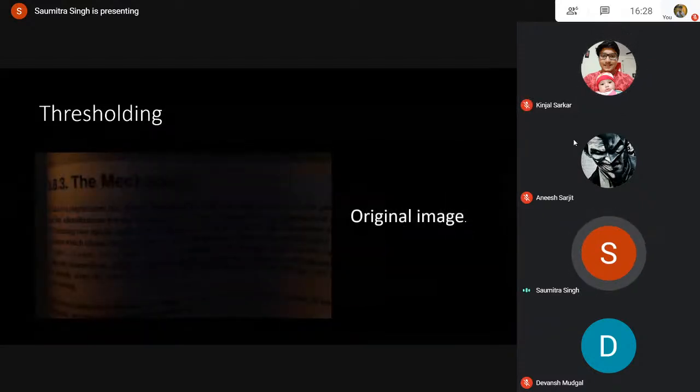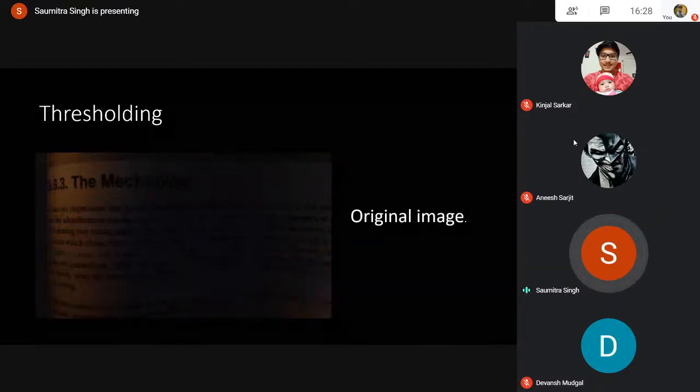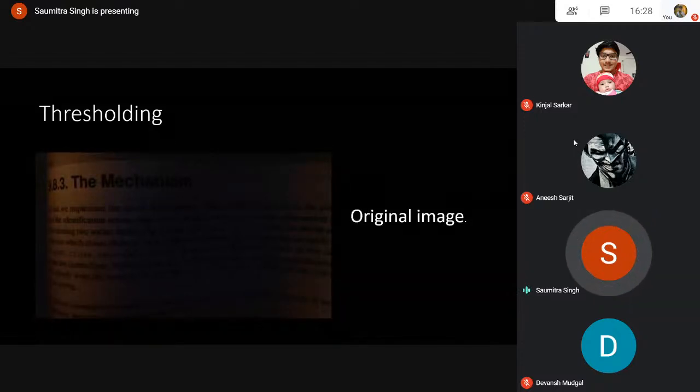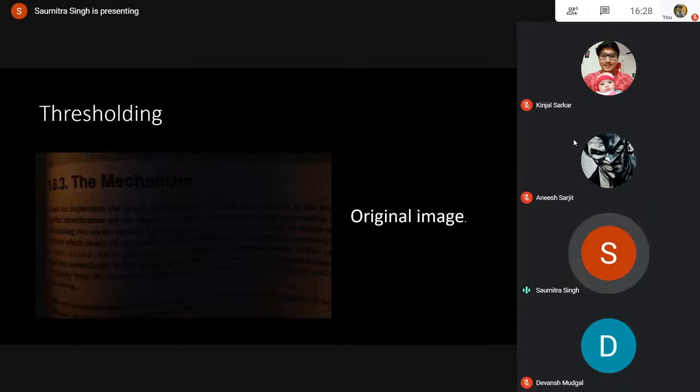Yeah, so I'll explain thresholding again. Thresholding is that every pixel in an image can be expressed in the form of an array. So it can be a 2D array or a 1D array, and this array consists of several numbers. These numbers are modified according to our needs, and then image editing takes place. So in thresholding, we convert these numbers into the reduced form of zeros and ones, so that our image is more clear, right? As you can see, the image on our screen is pretty unreadable, but with the help of thresholding, we can